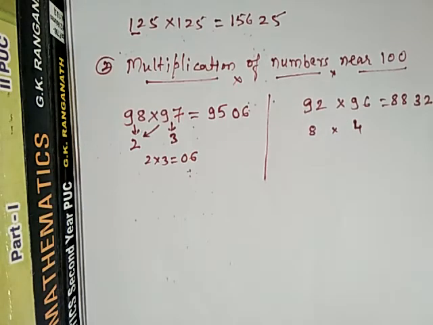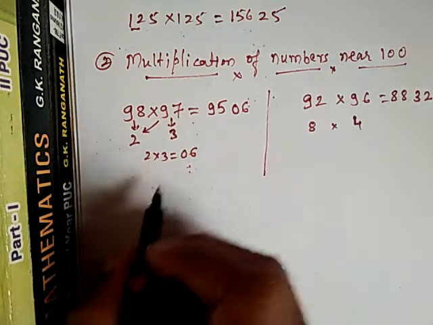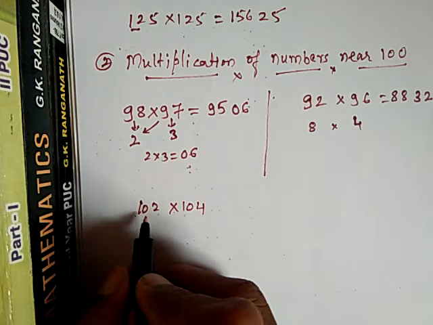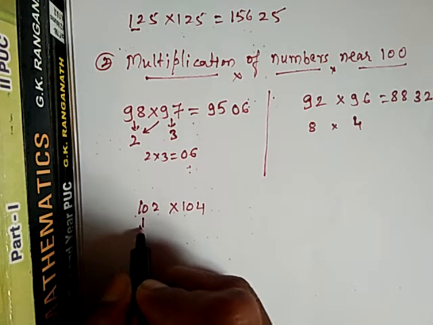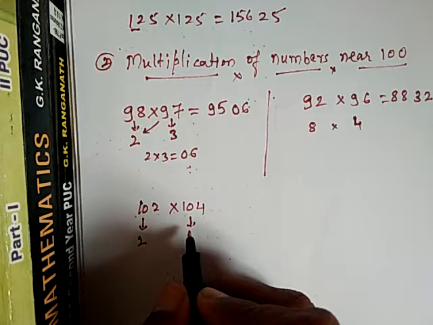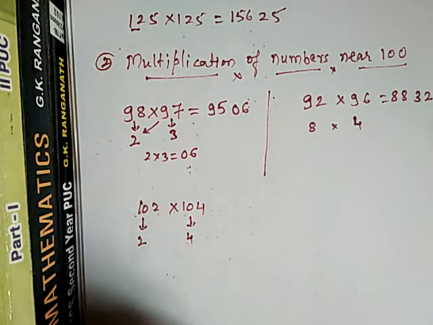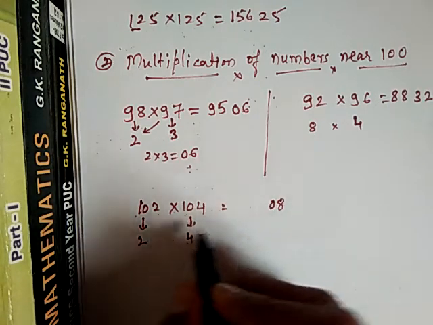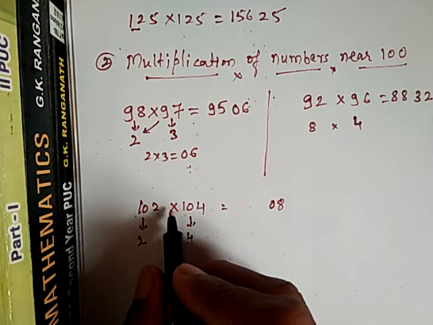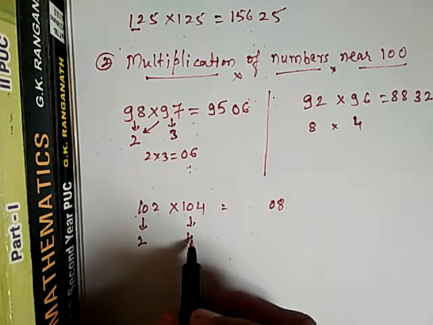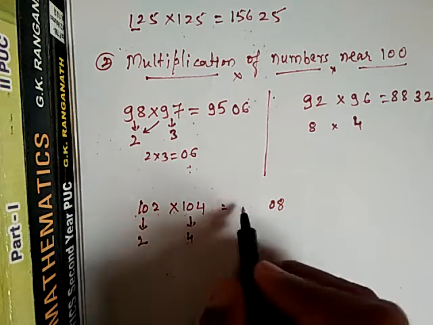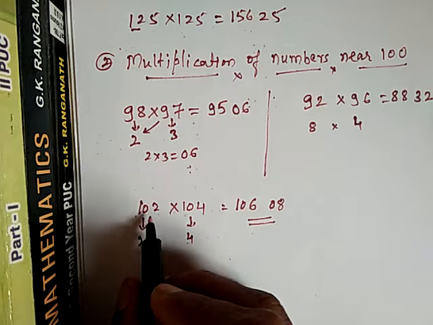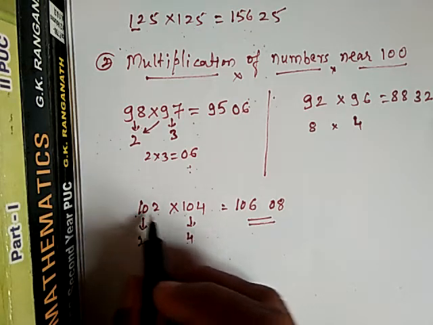Okay, so next one more example I will take. So these are less than 100. Now I will take more than 100. So 102 into 104 I will take. So 100 plus 2, what is the difference here? Above 100, 2. Here it will be 100 plus 4 is 104. So I will write here 4. 2 into 4 is 8. So you can write 8 as 08. Next, here it is 102, above 100. So 102 plus 4 is 106. 104 plus 2 is 106. So here 10608 is the answer. Like that you can take. Okay. So for numbers above 100 you have to add in cross.